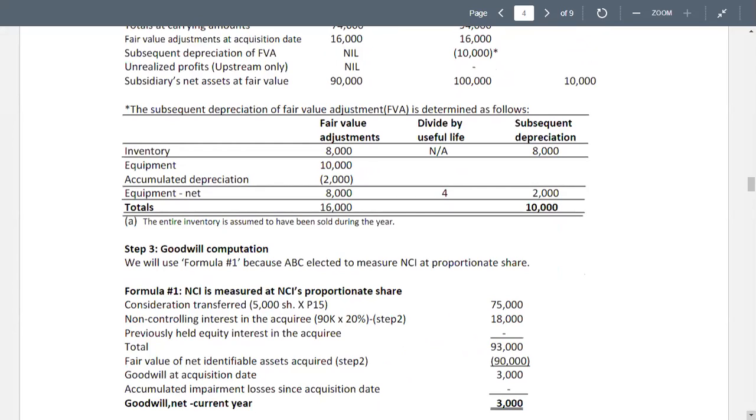We have now the consideration transferred, 5,000 shares at 15. So we have 75,000. Then the non-controlling interest in the acquiree at 20% in step 2. So we have 18,000. Previously held equity interest is 0. The total of 93,000. We deduct